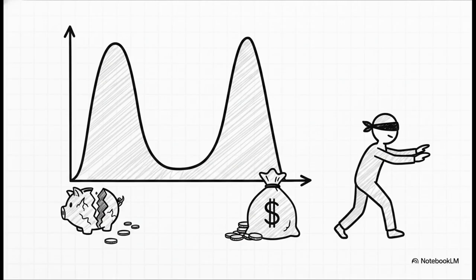And notice this bimodal distribution here. What that means is the outcomes heavily cluster around 2 extreme poles. Either you lose almost everything and get maybe 10% back, or you recover almost everything, right near 100%. So it's a wildly unpredictable guessing game. If you're relying on traditional averages like that 40% rule of thumb, you are for sure flying completely blind.